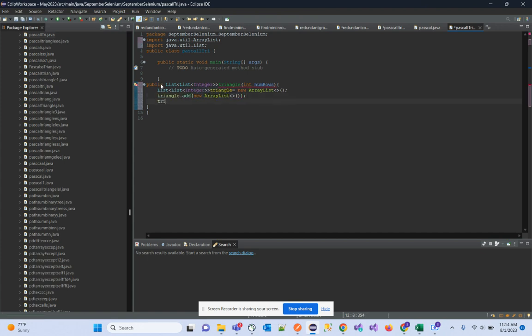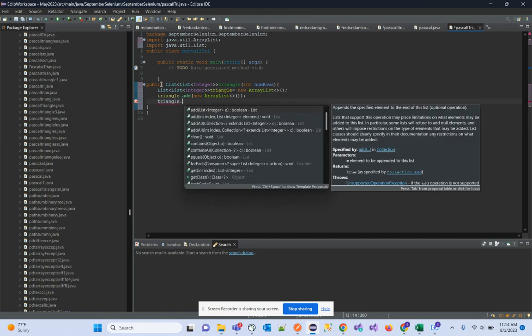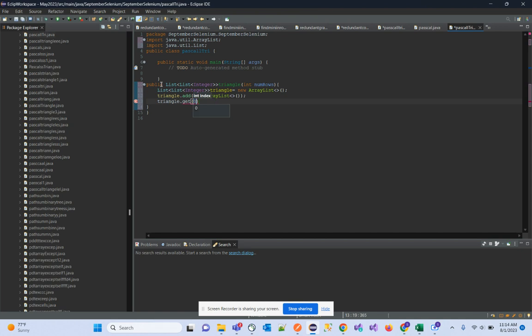Then the first base case is, right? triangle.get(0).add(1). We are adding 1 to the first index. Then we are having the for loop for int i equal to 0. No, I cannot take 0 because already the 0th index has 1. So I'll take 1, i less than numRows, i plus plus, and I am going to initialize